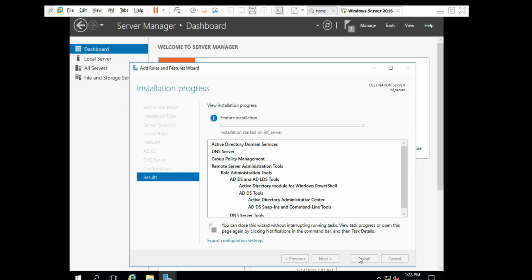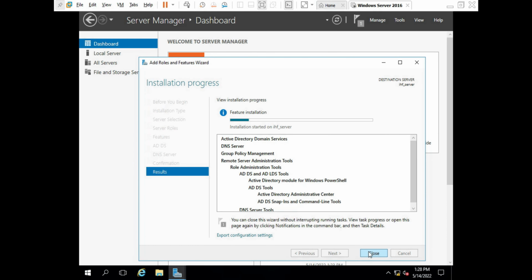Okay, it takes some time, depending on your computer configuration. If your computer configuration is high, this takes a few minutes. So guys, now during this processing time, I would like to share some information about Active